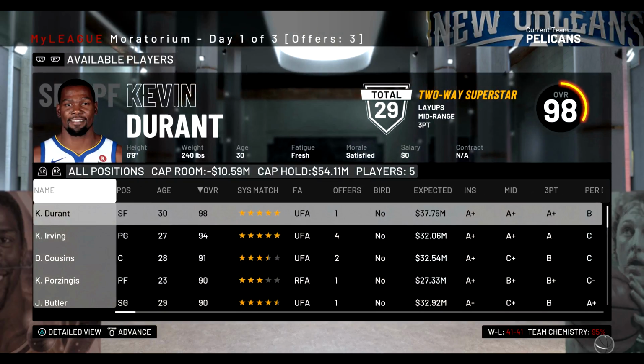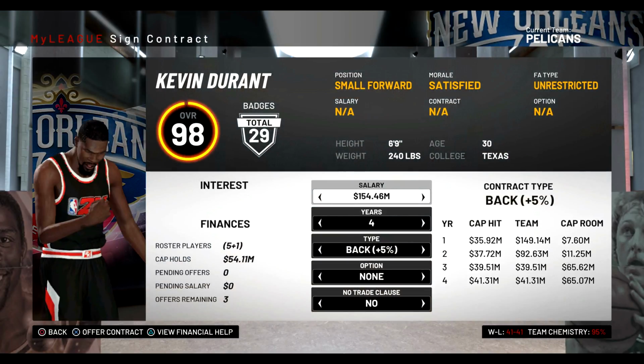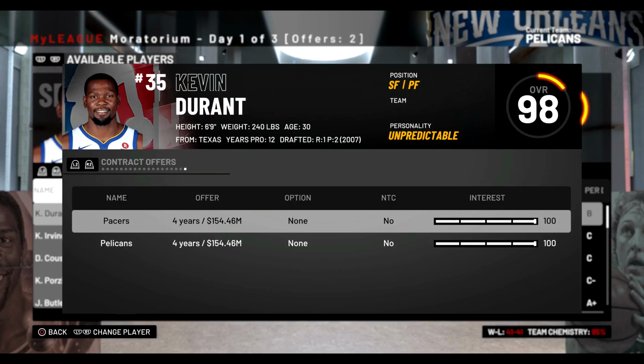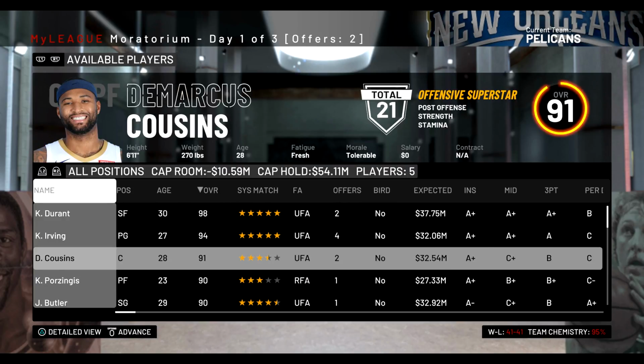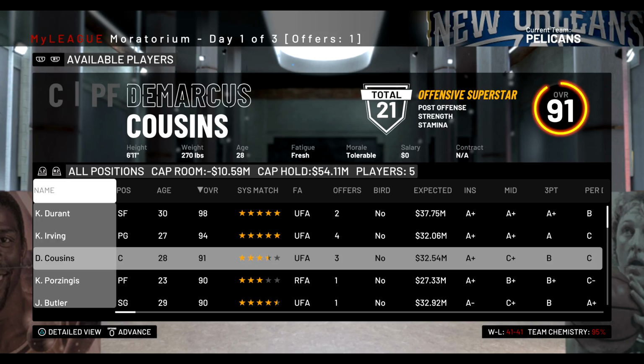Who do I want to go after here? I guess we could throw an offer at Kevin Durant. I'm not opposed to it. But he's going to the Pacers. It seems like he always goes to the Pacers. Let's see if we can get DeMarcus Cousins. That's really my main target. I want DeMarcus Cousins. Because I feel like...